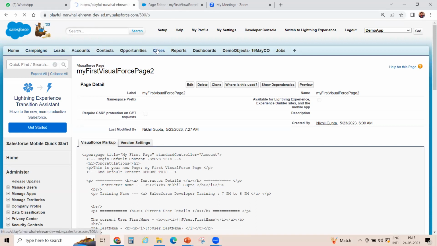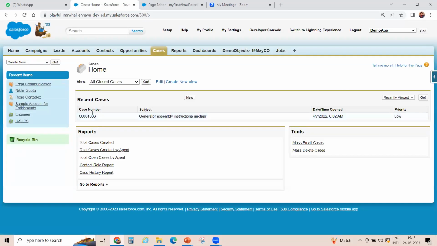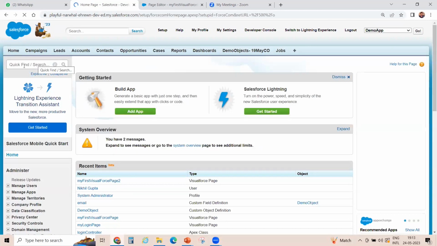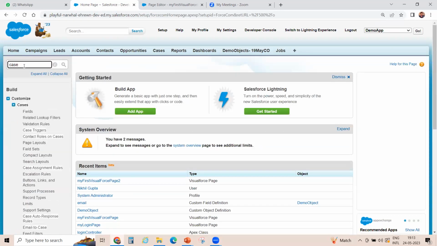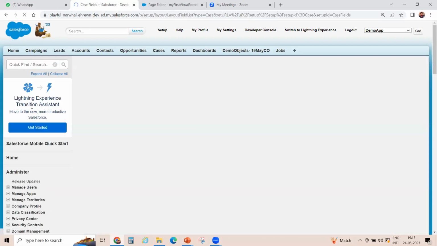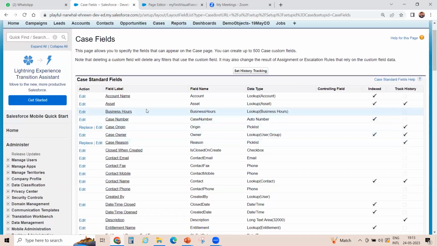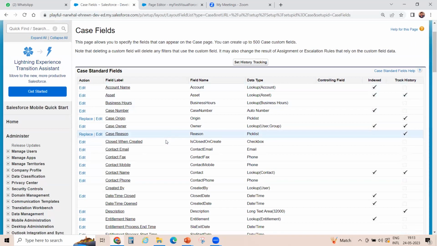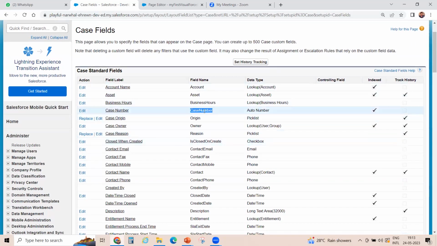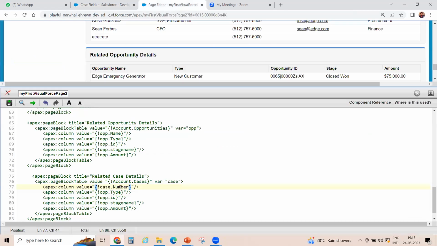Where is case? Case is here. Case number we are having. Let me open the case fields. Let's check what case fields we are having. So case number is one. Okay, so let me write the case number,